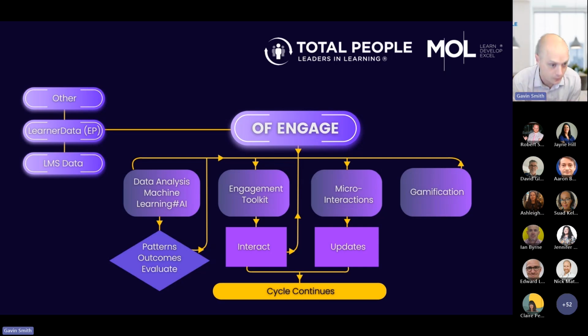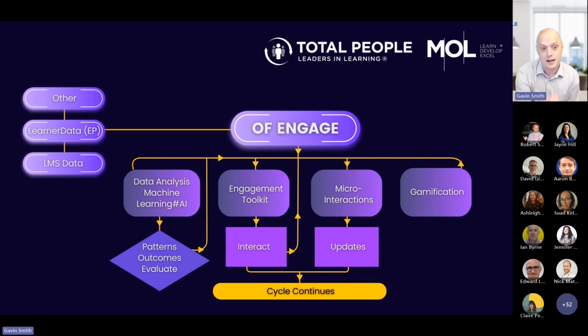So the process map that we've got here shows all the data that goes into One File Engage. And then you've got the AI tool, the machine learning aspect, where it's noticing those patterns of outcomes, those patterns of behavior, and producing a risk rating against that learner. These are all based off metrics that we've added in. So what do we consider at risk? We had a big program with our curriculum performance managers to say what's an at-risk area, what gets you worried, what are those parts, and put them into data.